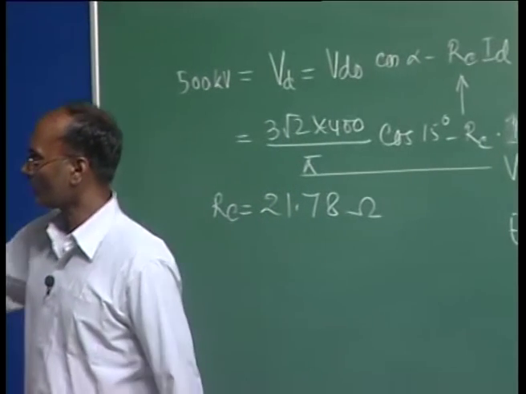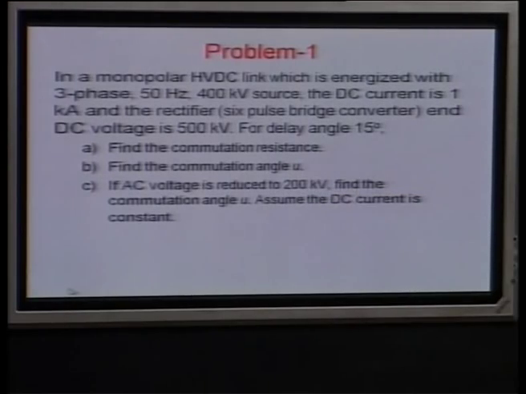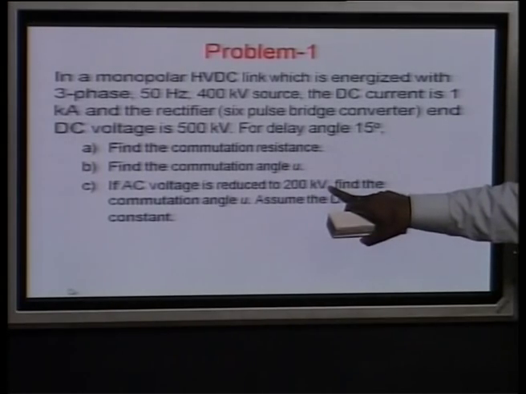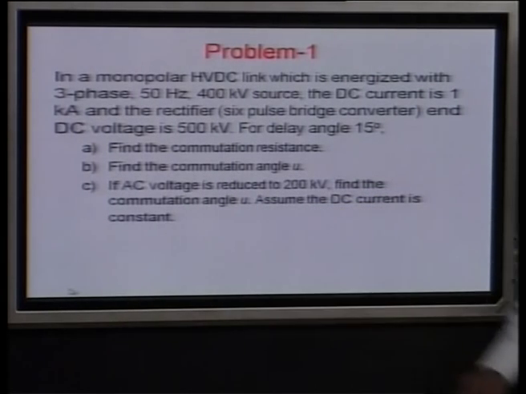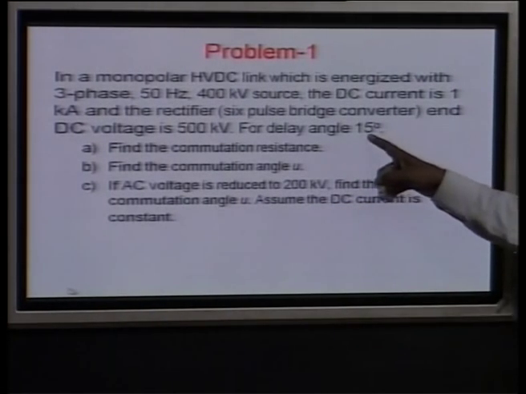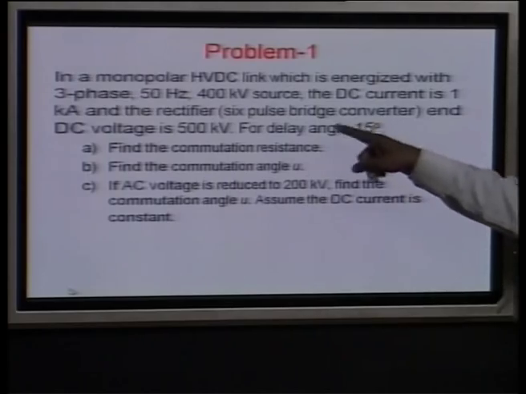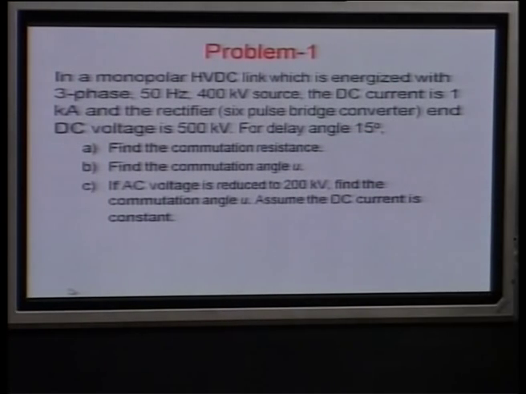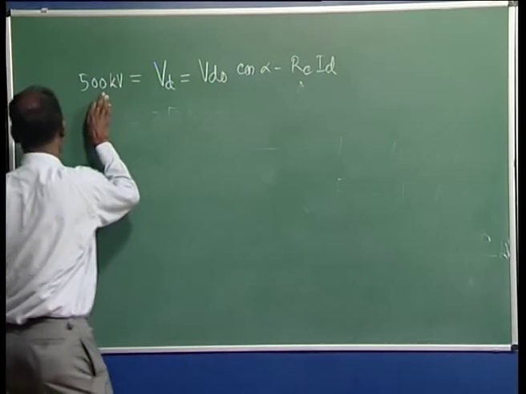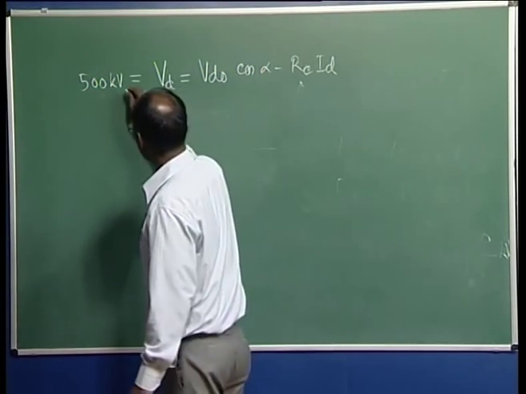It is said that your voltage is reduced to 200 kilovolt, find the commutation angle. Here also the delay angle is not going to change, it is said for this delay angle you have to calculate this. So, here we are going to use only, now from this expression, it is going to be 500 volt, it is not saying, we have to calculate this